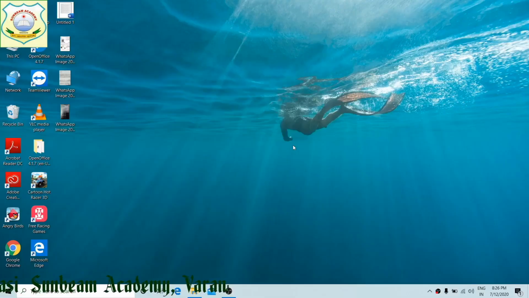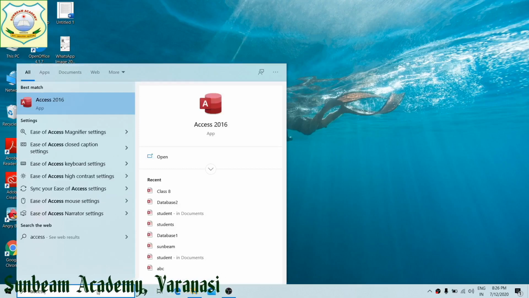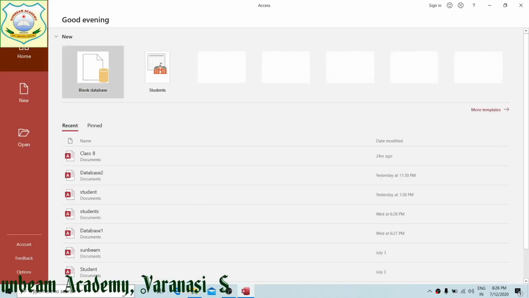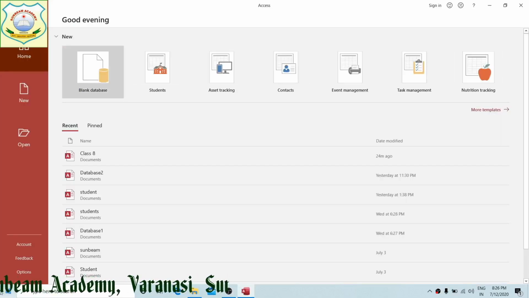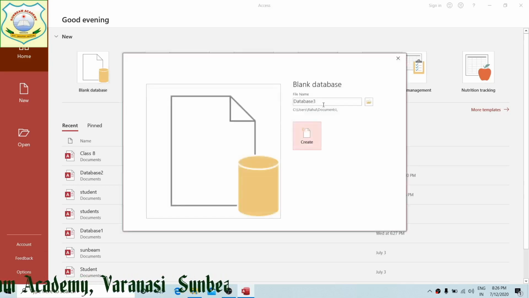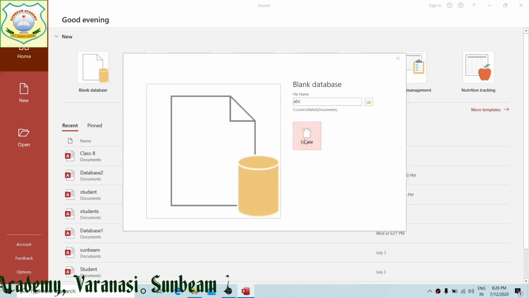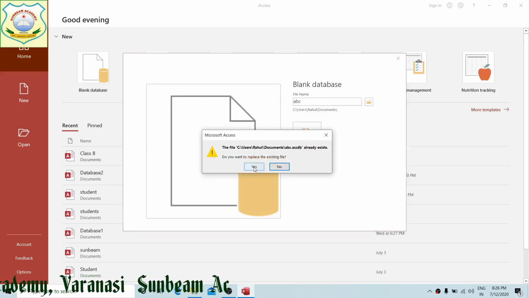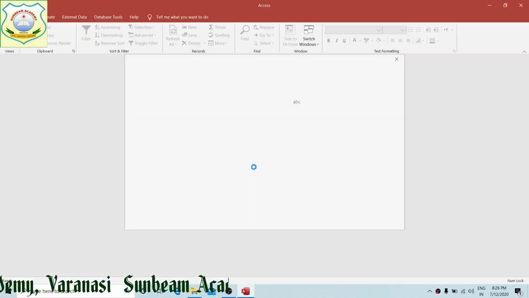To show you field properties, I am going to start Access. In Access I will create a blank database, with the name, suppose I take ABC. Click on create. This already exists, so I will press yes.